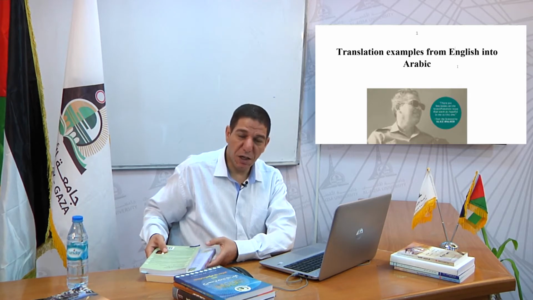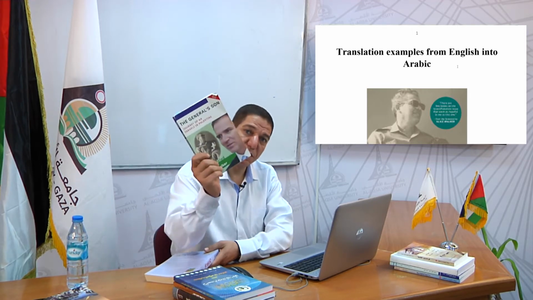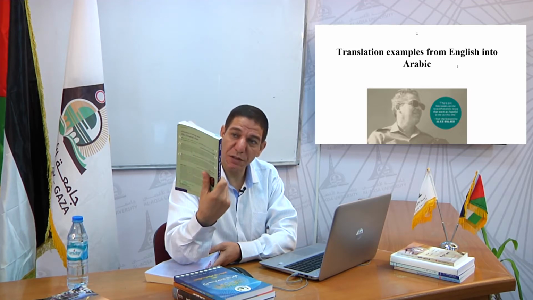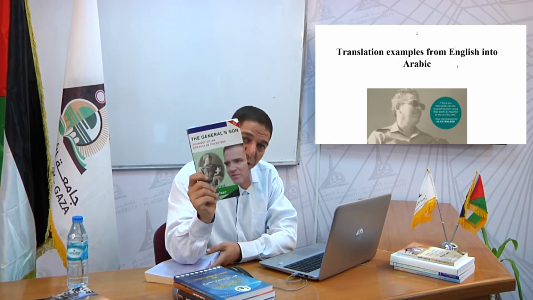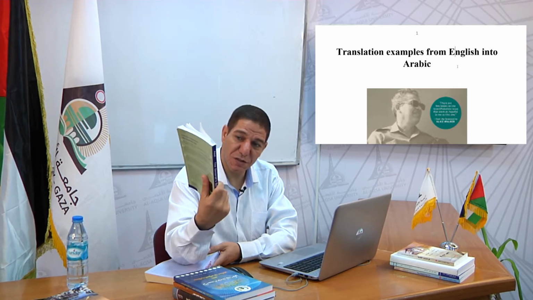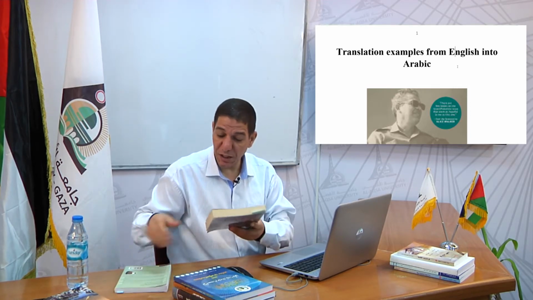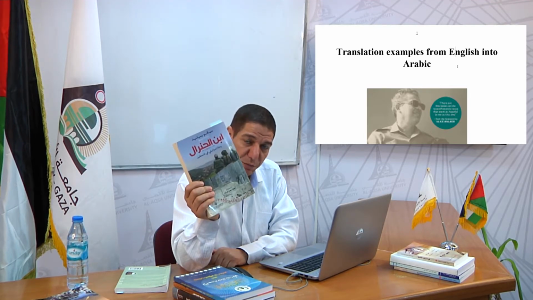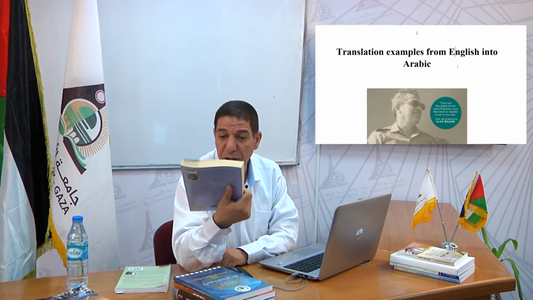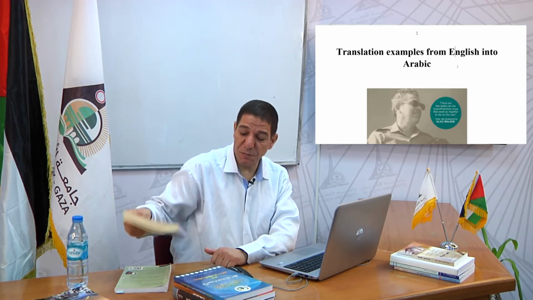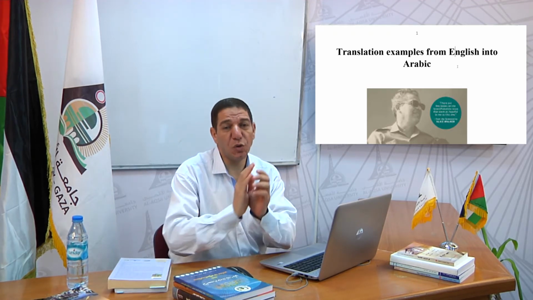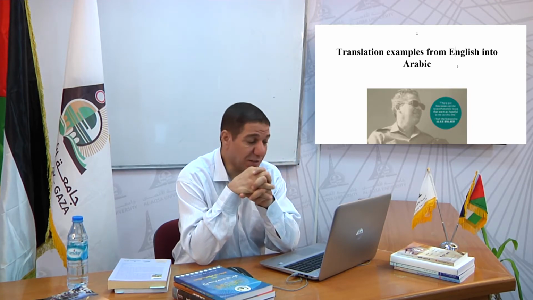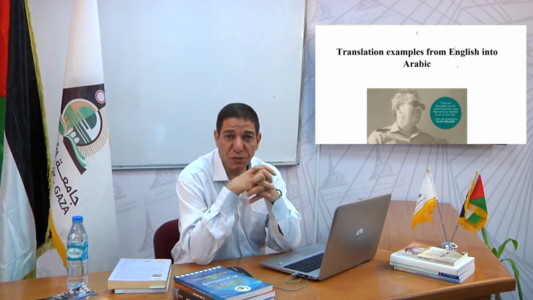English and Arabic. This is a book written by an American writer who is Miko Peled, and the title is General Sun. It's a very interesting book, and this book was translated into Arabic by me. I'll take certain excerpts from the book and comment on the strategies of translation first, and second, I'm going to offer you